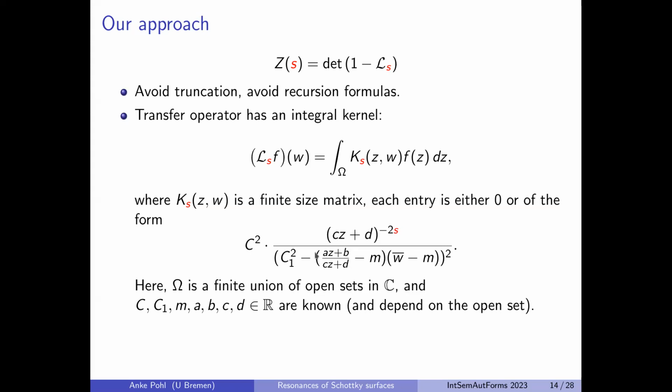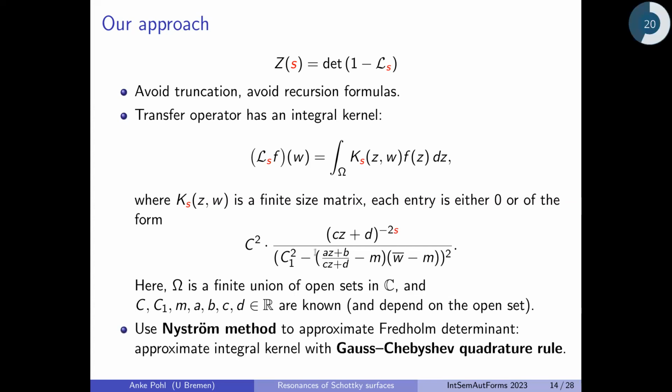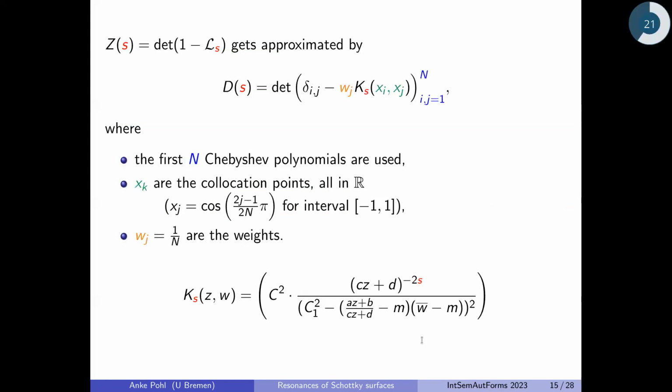Okay, so our idea was, instead of using a truncation and a power series expansion, we would do this via this kernel. So what we needed to do is to approximate this integral with a kernel and then put it into our determinant formula. What we used is the Nyström method. I will come to that on the next slide. What it comes down to is to use the Gauss-Chebyshev quadrature formula, which is something you typically learn somewhere in your numerics classes and then start to forget about. But we had to go back to that.